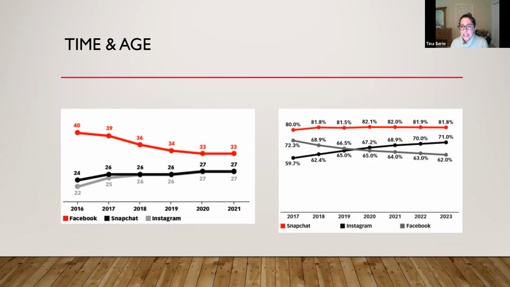It is on a slight decline here in terms of this age group, 18 to 24. So if your audience is 18 to 24, you're going to see that kind of slow decline over time. Whereas on other channels such as Snapchat and Instagram, they are either stable or on incline.